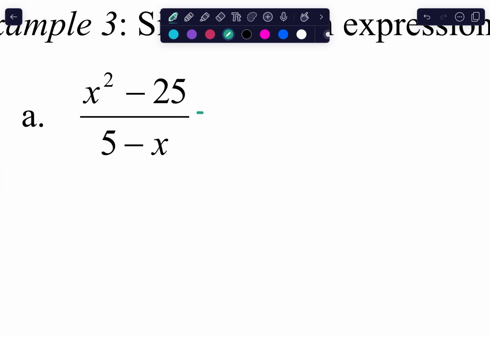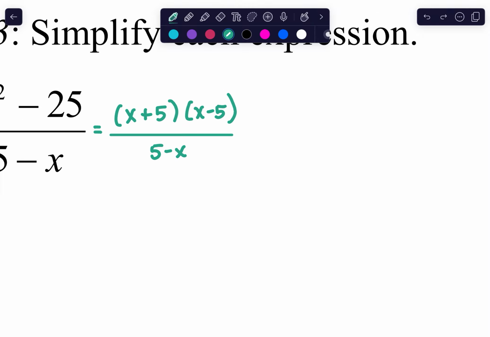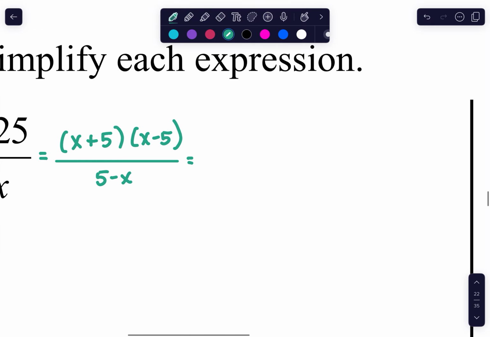So for this one, in the numerator, it's a difference of squares, so I'm just going to go ahead and factor it. x plus 5 times x minus 5. And then my denominator, I can't really do anything to that, so I'm just going to write 5 minus x. Now, if you're looking at this and thinking, hey, these two look very close to one another, you are correct. They are very close, but I can't cancel them the way they are because they're not exactly the same. But what I can do is in my denominator,